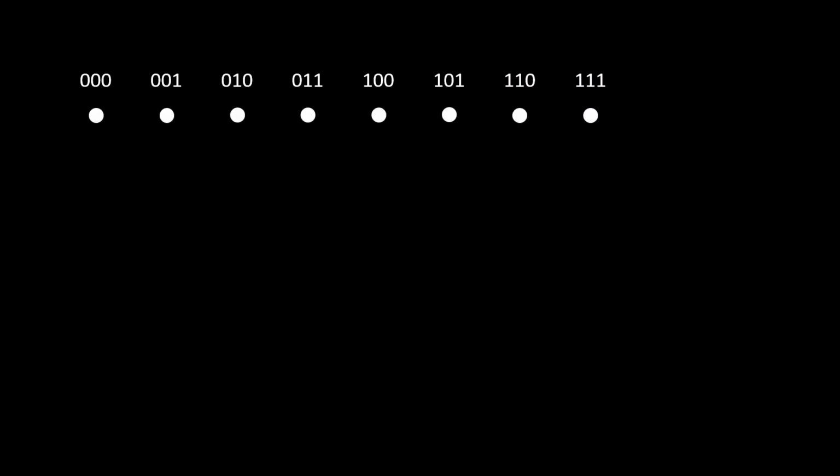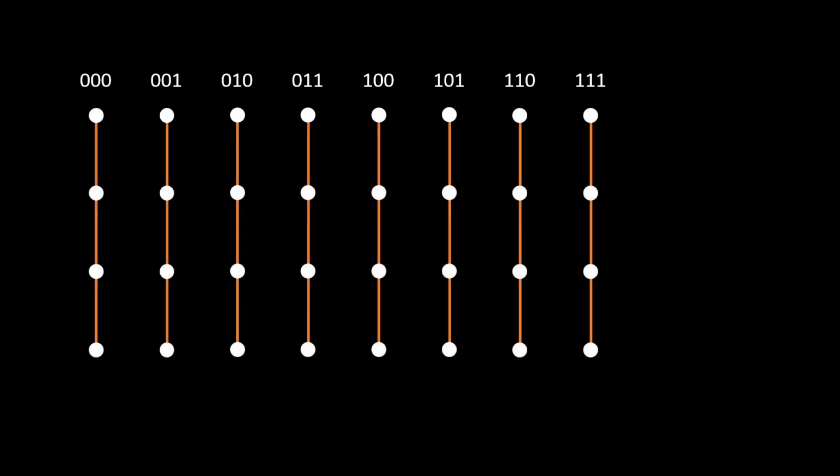Let's jump right in and start with n nodes, where n is 2 to the power of d, for some arbitrary dimension d. In this example d is 3. We can uniquely name all these nodes with exactly d bits. First, we make d plus 1 copies of each node, like this. Now, in dimension 1, we connect the nodes in the top row to the nodes in the second row where